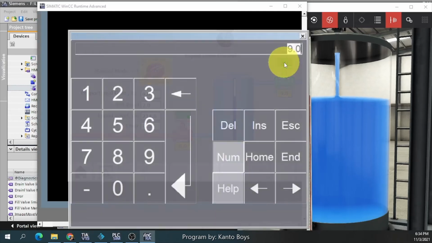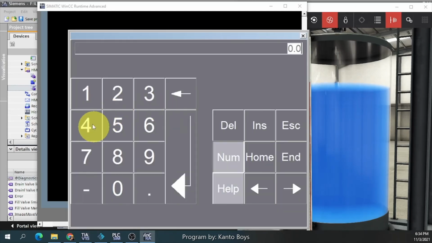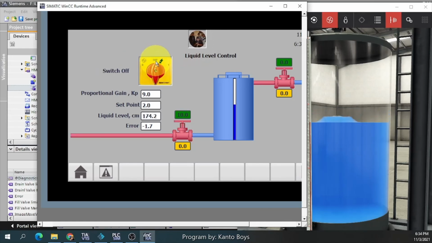So I can close the filling, and again I can fully open this, so 10. The drain valve is fully open, and I can stop that by using the rotary switch. So the process will stop.